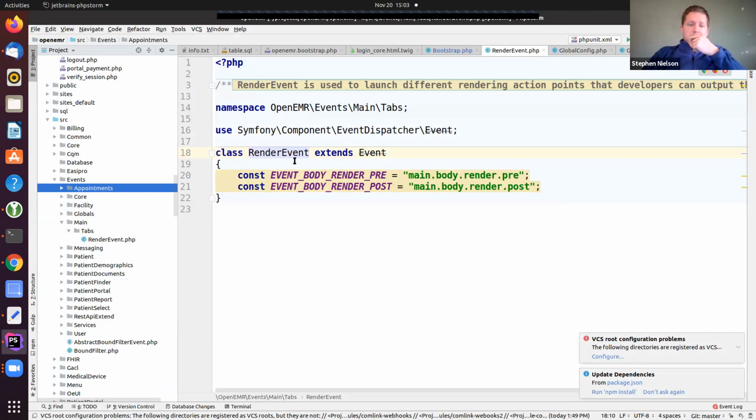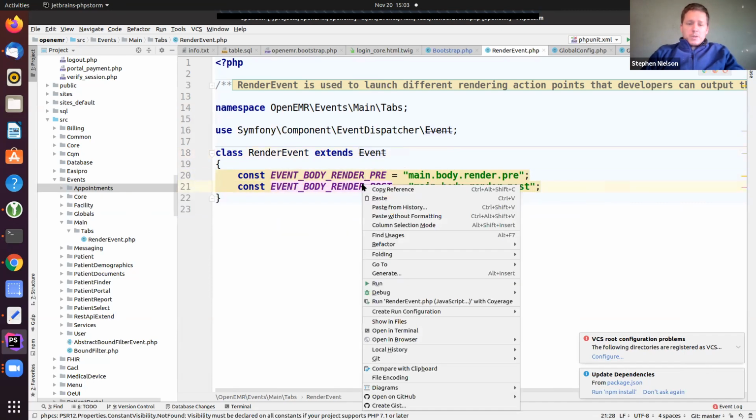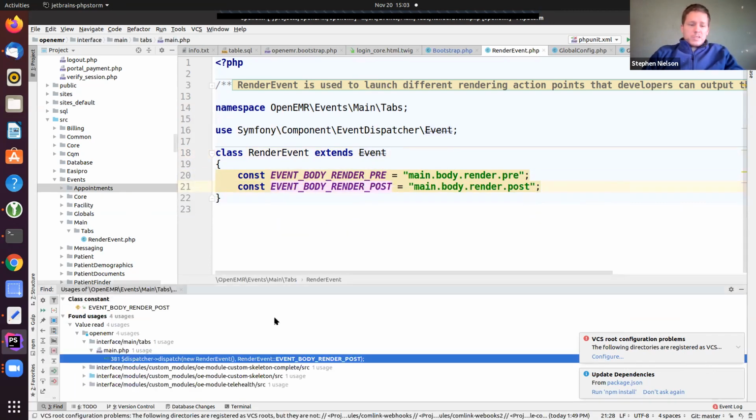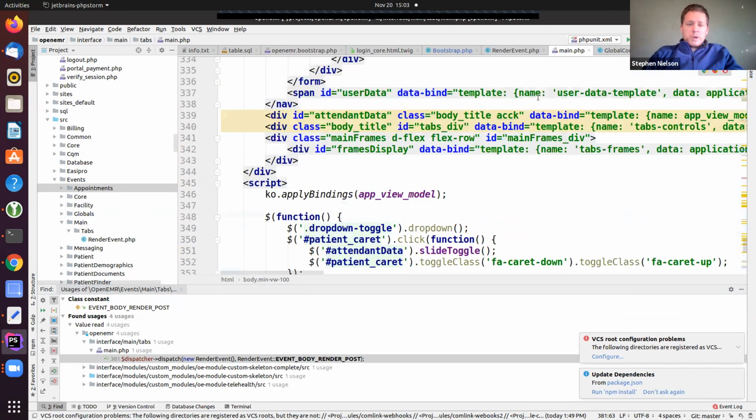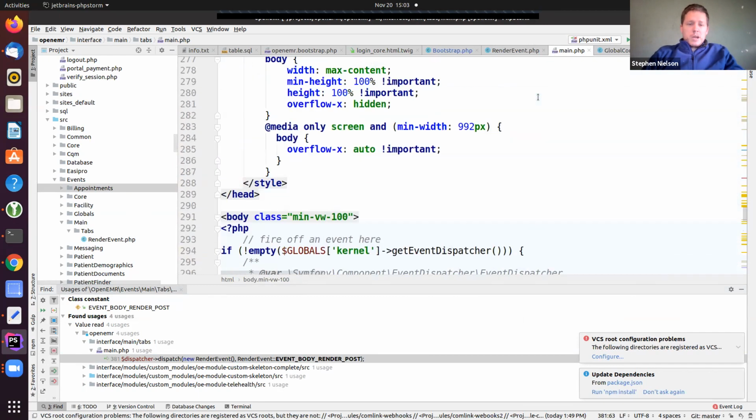So this main tab has its render event, which allows you to insert things before anything else in the body is there and after anything else is in the body, right? So if I come here and I look at find usages, and I look at my dispatch, I can see that this is in main, the main tabs control window, and there's a bunch of code here.